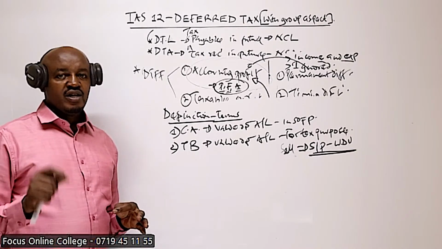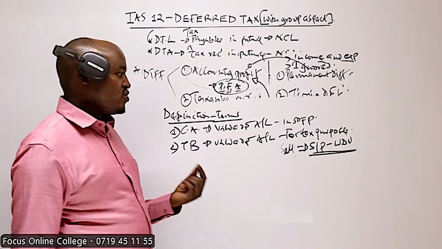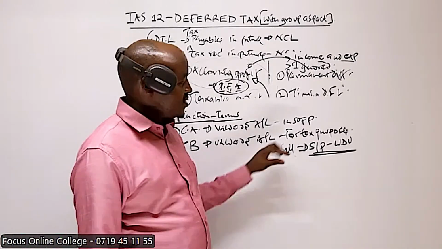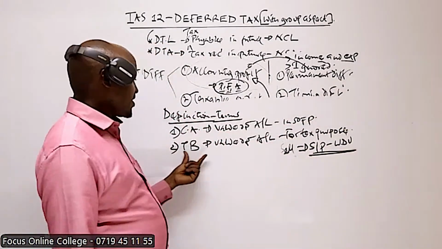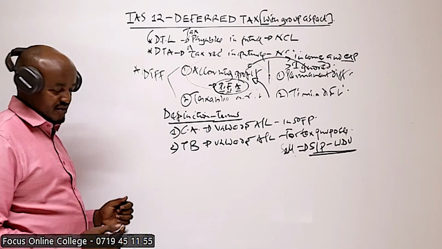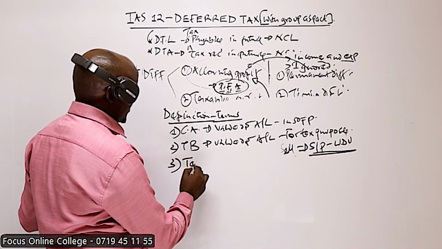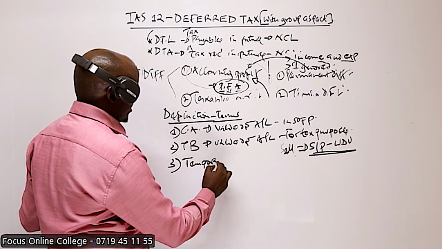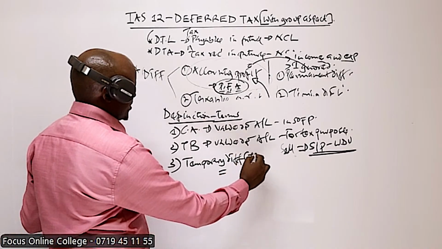So therefore, in computing that amount which will be allowable or deductible in taxation, what do we consider as far as this asset is concerned? The written down value. So therefore, tax base is the value of an asset or liability for tax purpose. So the other term is temporary difference. Temporary difference, abbreviated as TD,